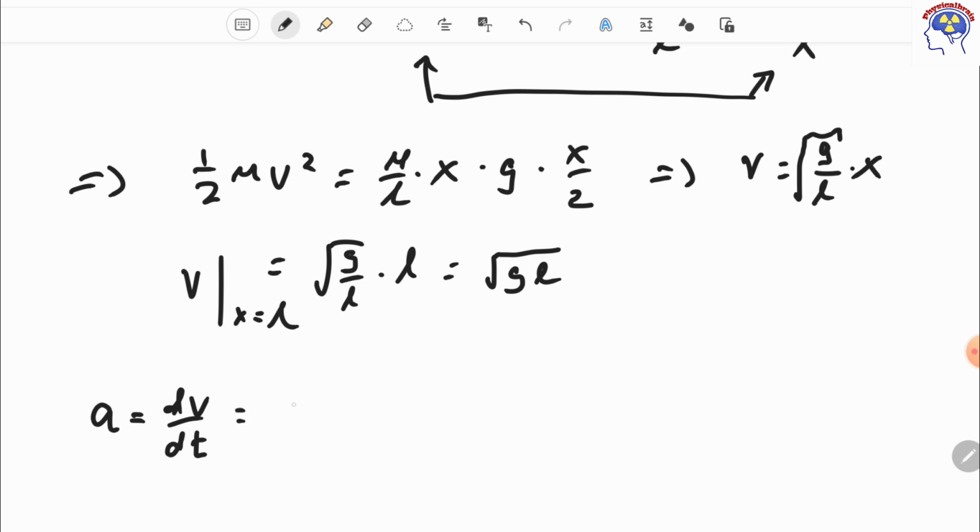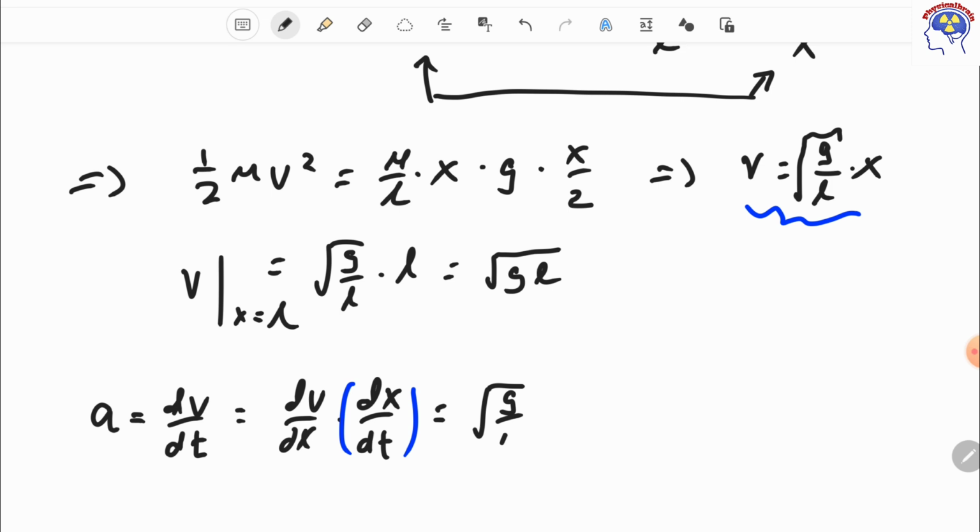And I can change it a little bit to dv/dx times dx/dt. Pay attention, in this term we get exactly the velocity. I'm going to substitute, and get root of g/L times x times dv/dx. Now dv/dx we can calculate from differentiating this term. So we're going to get